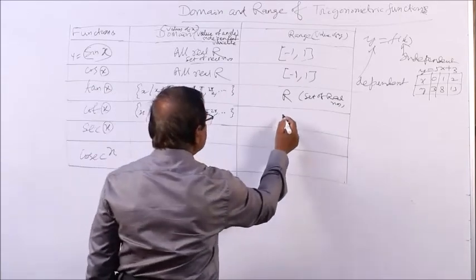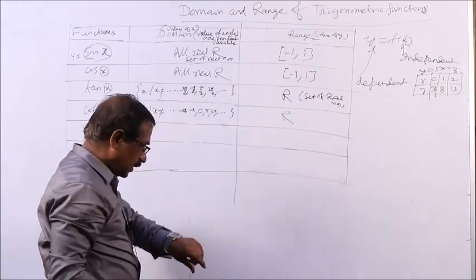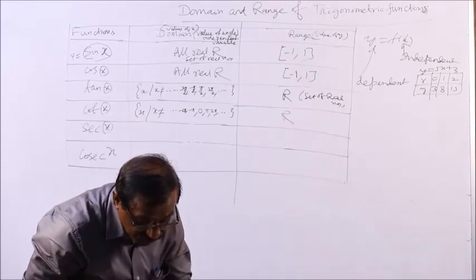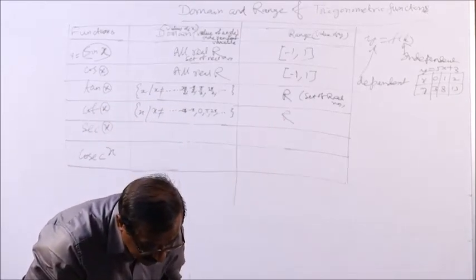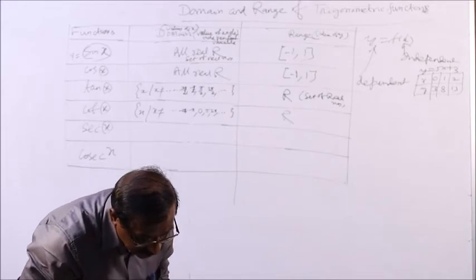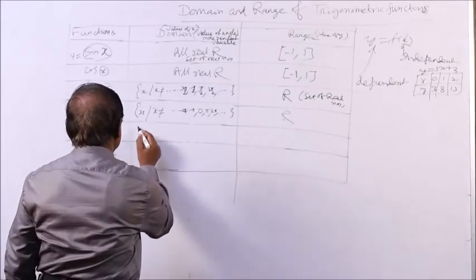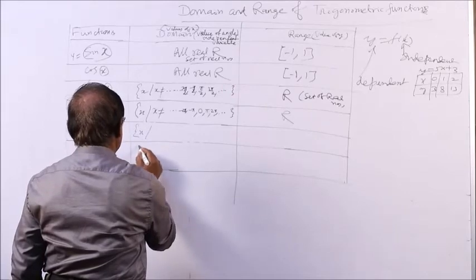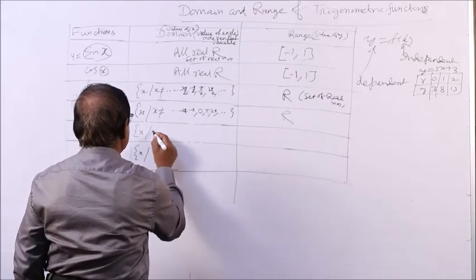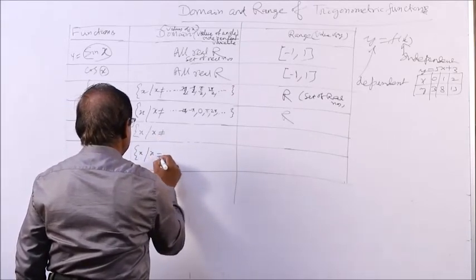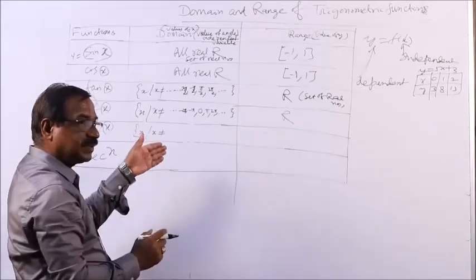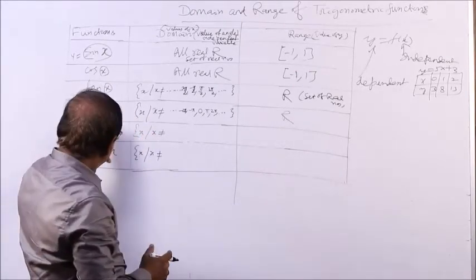And here also you will get the range R. And now sec is the set of all x such that x cannot be, because for these values the functions will not